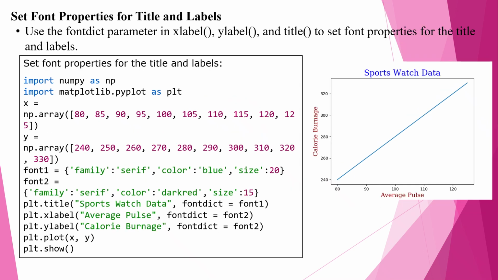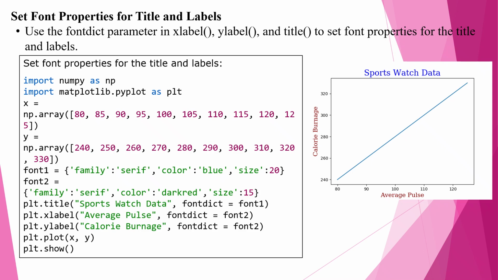This code demonstrates how to customize the appearance of text in Matplotlib by setting font properties for the title and axis labels. First, NumPy and Matplotlib are imported and the data for the x and y axis is defined using arrays. Two dictionaries, font1 and font2, are created to specify font properties such as font family, color, and size. The title function uses font1 to display the title, sports watch data, in a larger size and blue color, making